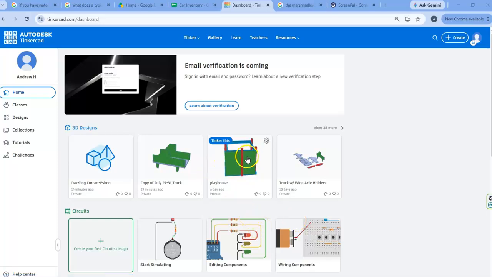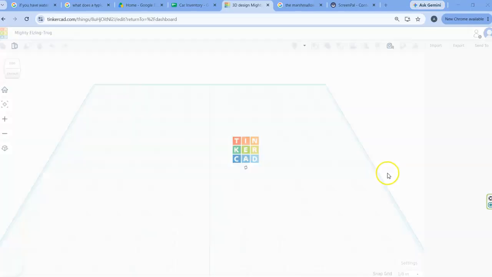Okay, by now you have logged in to your account, so you're in the class using your first name and 123. On the upper right hand side, you should see a create button, and we're going to create 3D design. And I'm just going to walk you through the basics here in terms of how to get set up and